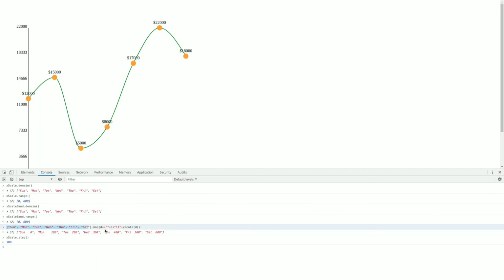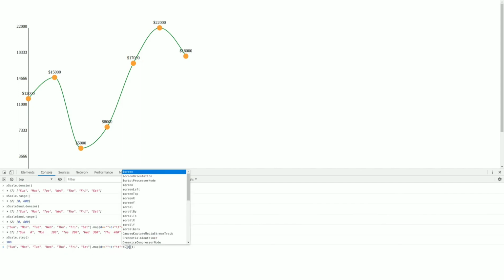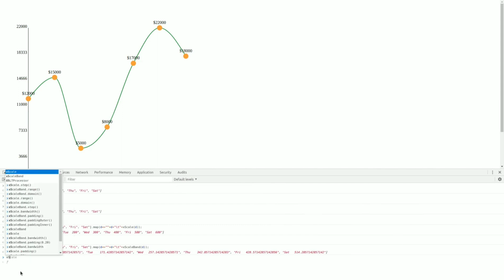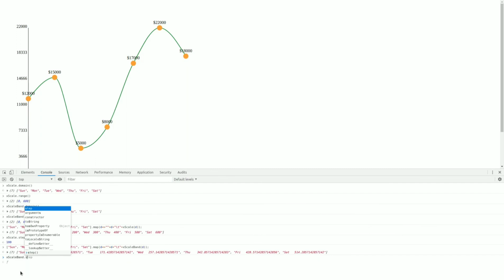Now the same thing with scale band, see what happens. xScaleBand, then you can see the output, the difference between the two ticks is reduced: 0, 85, 171, and the scale band step is 85.71 pixel, meaning the gap between two ticks is 85.71 pixel. So this is the difference between scale point and scale band.